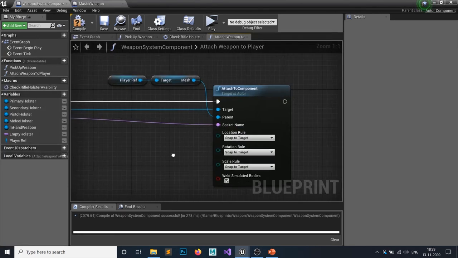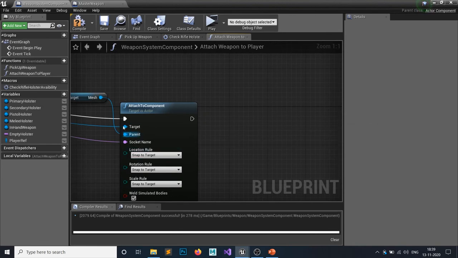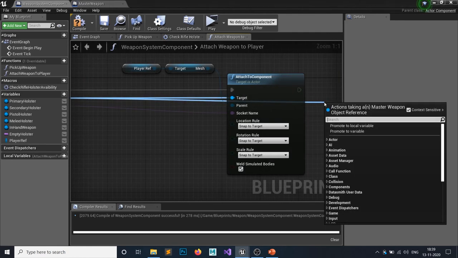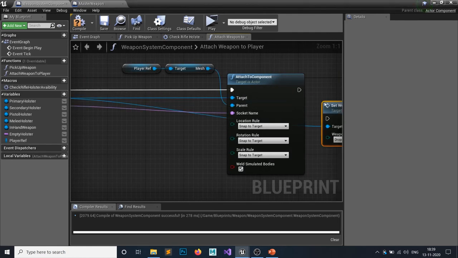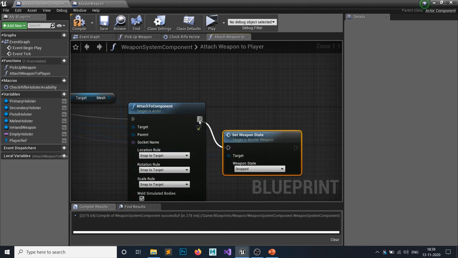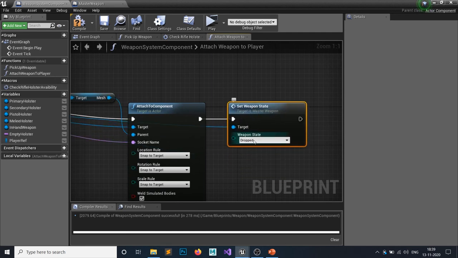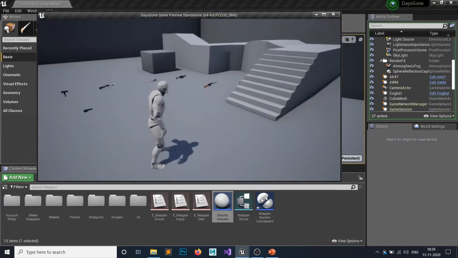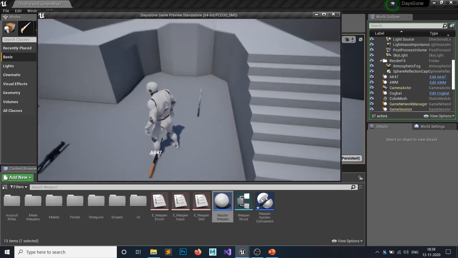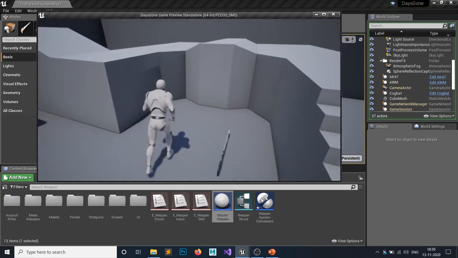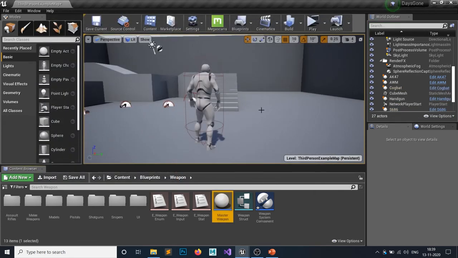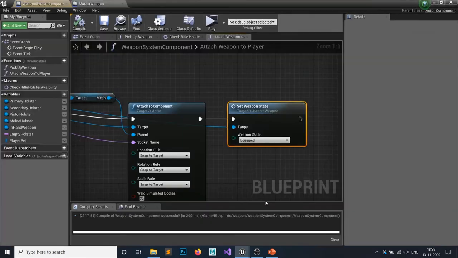Okay, so we want to attach it, and then I want to get a weapon from here and set weapon state to equipped from dropped. Hit compile. Let's check out if it's working or not. Let's play. For the first step, if I hit E, nothing is happening. So let's see where we messed up.